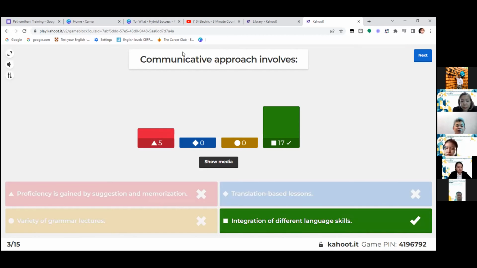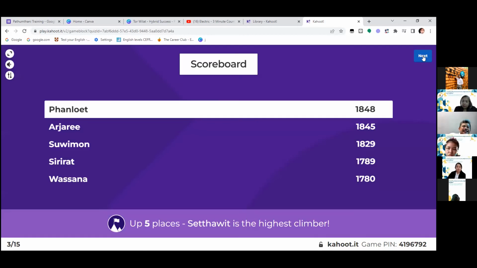But we're talking about the communicative approach, which is integrated, like the activity just now. We integrate not only listening, not only reading, but writing and speaking. This is the skill practice, and we know that we do not teach only one skill alone to become better in competencies, right?